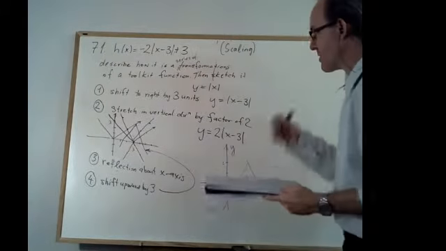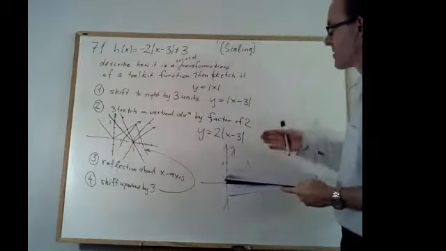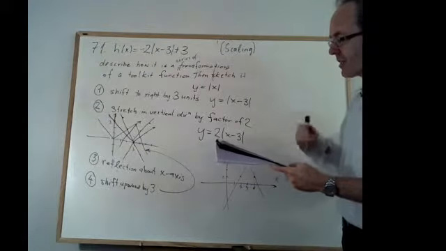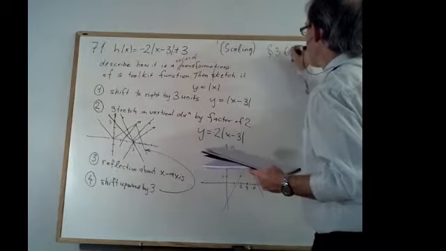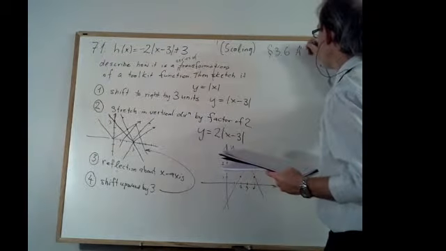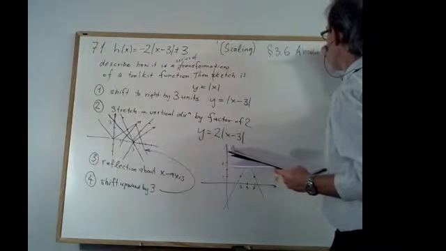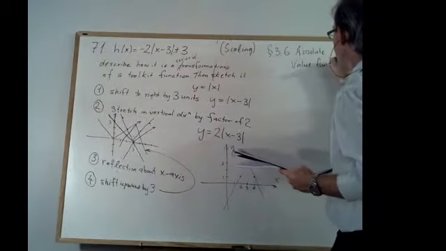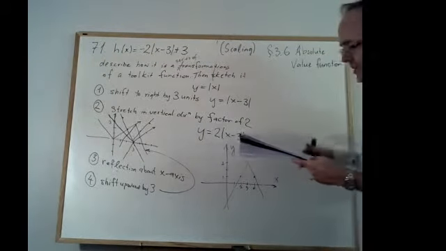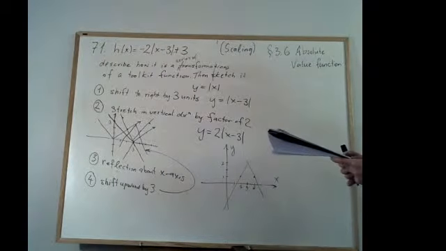There are just 2 sections I want to deal with. This has to do with the absolute value function. There is a section 3.6 in the book which deals with more on absolute value functions. So I'll just do some examples from that section. They want you to, for example,